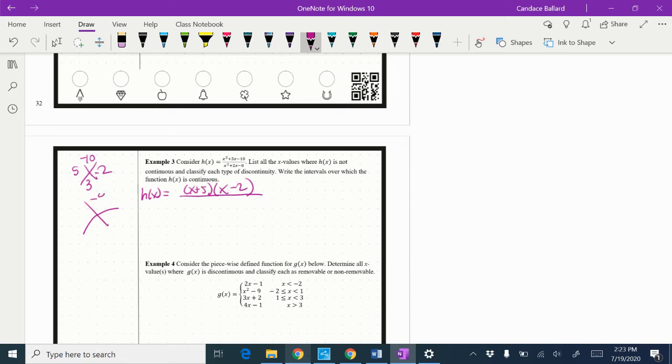And then I need two numbers that multiply to -8 and add to 2. So that'd be 4 and 2. Looks like 2 is negative. So x plus 4 times x minus 2. All right, we're going to cancel something. So when I cancel, remember when we do the canceling in the vertical asymptote, you always set it equal to 0. So we know that at x equals 2, I have a hole, okay, which is removable. So we could say that there is a